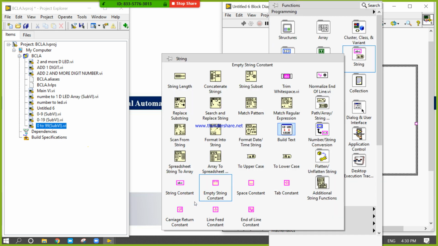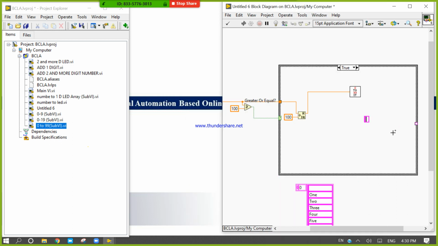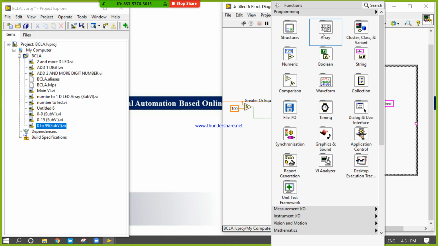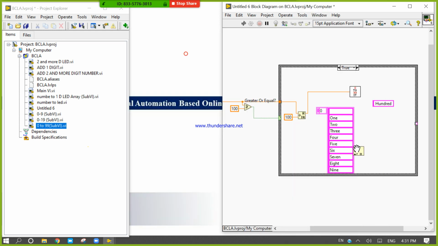Right click, come here. Hundreds, whatever the spelling. Okay, space before and space after. Now this one goes to the 0 to 9. So I will place it here. Now I will come to the array, index array.